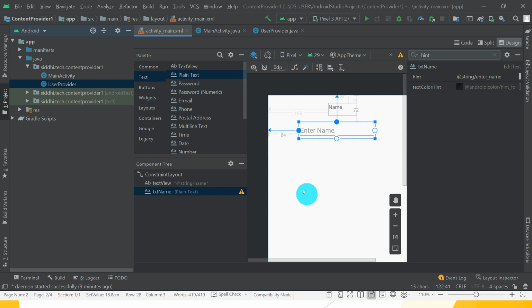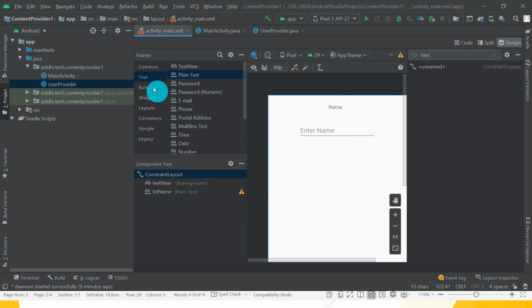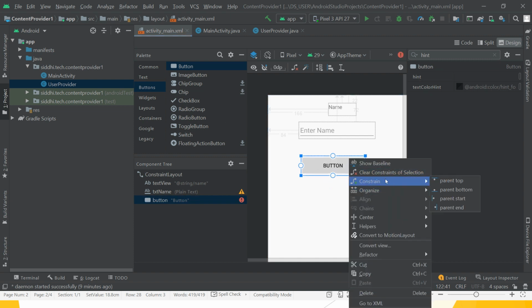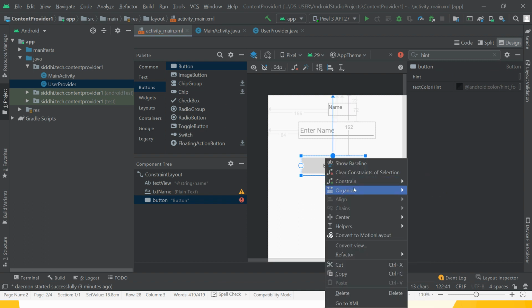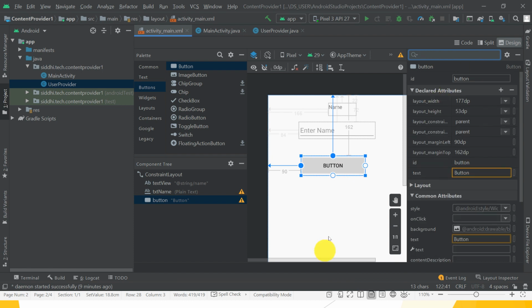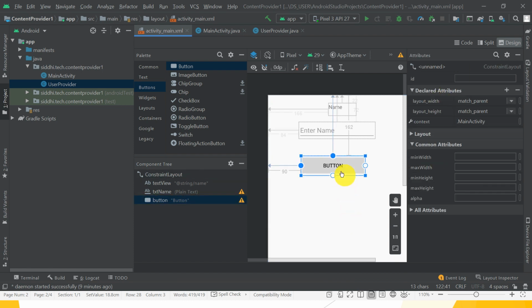Next, what is the next part? Take two buttons from the palette. First button, then give the constraint from the parent top and constraint from the parent start. After that, we have to change the text of the button.